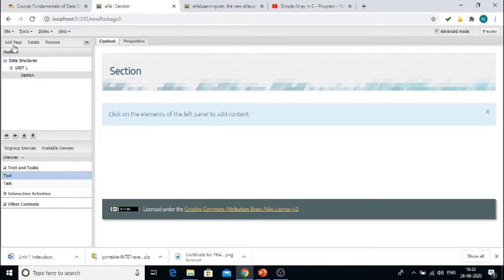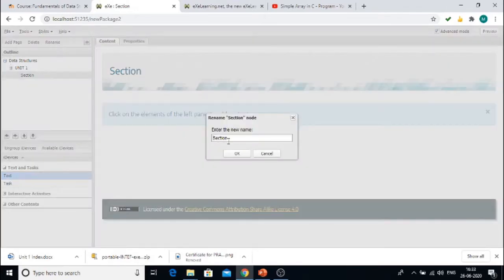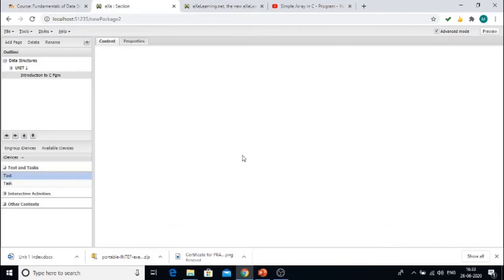That is, under unit 1 you are going to create one more section, and I want to rename it. I am going to rename it as introduction to C program. Give OK.